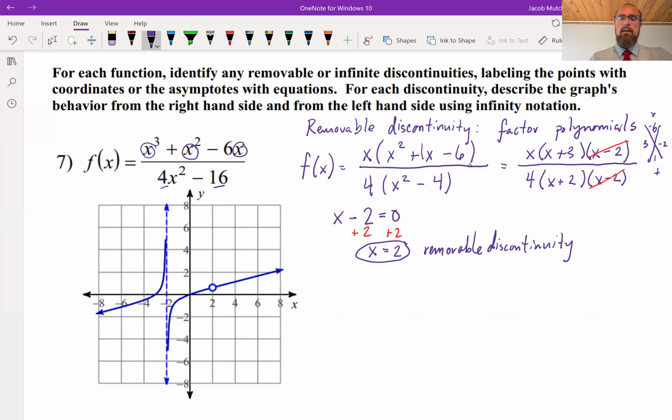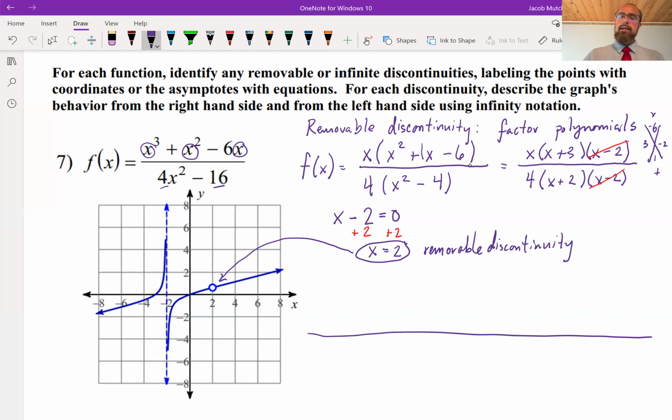And we can see that clearly marked on our graph. It's really kind of emphasized there with this open point. And basically, when you have a cancellation like that, the way it appears on the graph is as a gap or a hole. So it's not a vertical asymptote. It's really a missing point in the curve. We'll come back to that to decide the end behavior. But let's